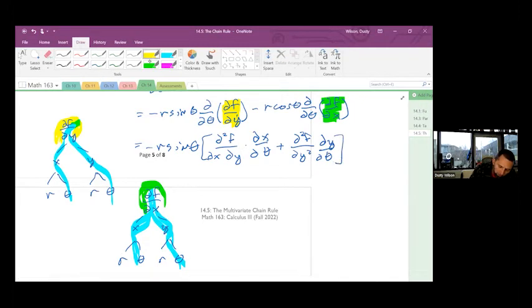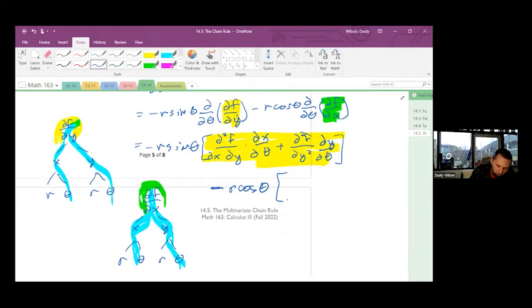So all of this is the yellow part. Then minus R cosine theta